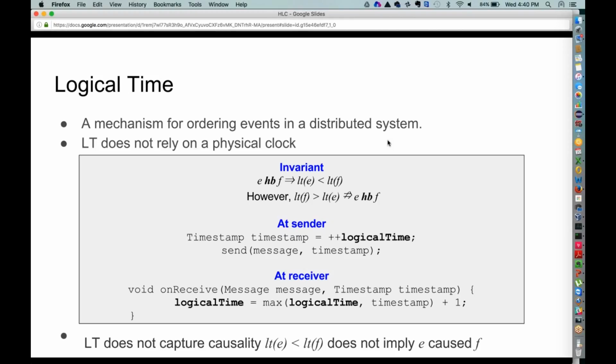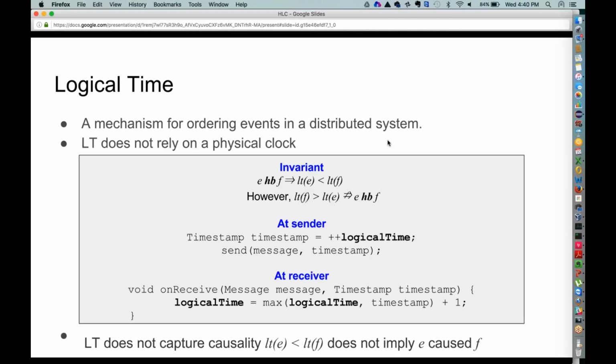The problem that you're trying to solve is to order events that happen in a distributed system, right? The events can be anything. An example could be you write a message to a local log file. That could be an event. It could be anything that is distinct. Sending of a message to another node could be an event. Receiving of a message could be an event.